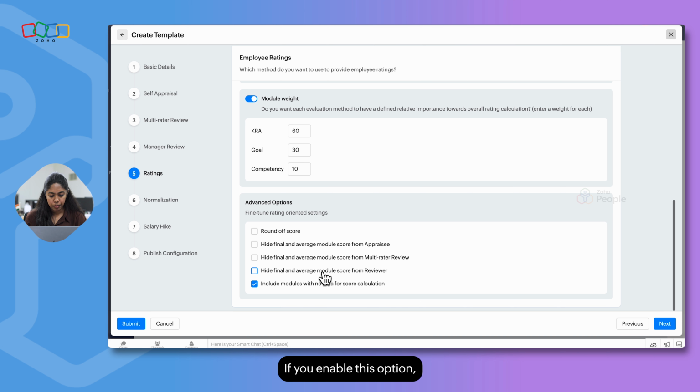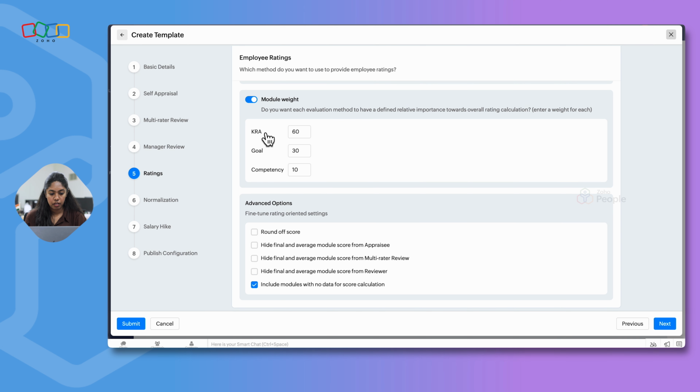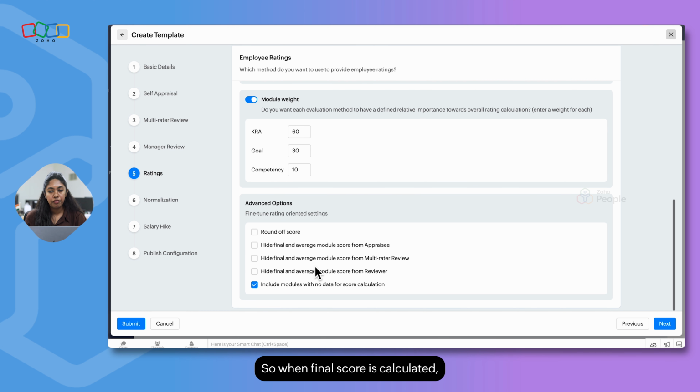If you enable this option, I'll give you an example to explain this. We have 3 different modules: KRA, goals, and then competency. When the final score is calculated, it is going to be an average of 3 modules, that is KRA plus goal plus competency divided by 3. In case an employee does not have any competency mapped, and only has KRA and goals, then when calculating the final score, the system will automatically eliminate competency.